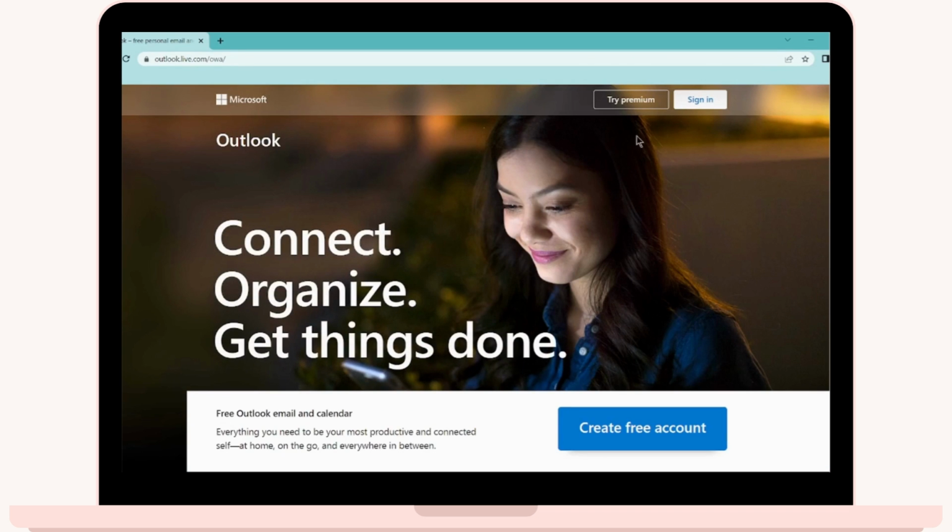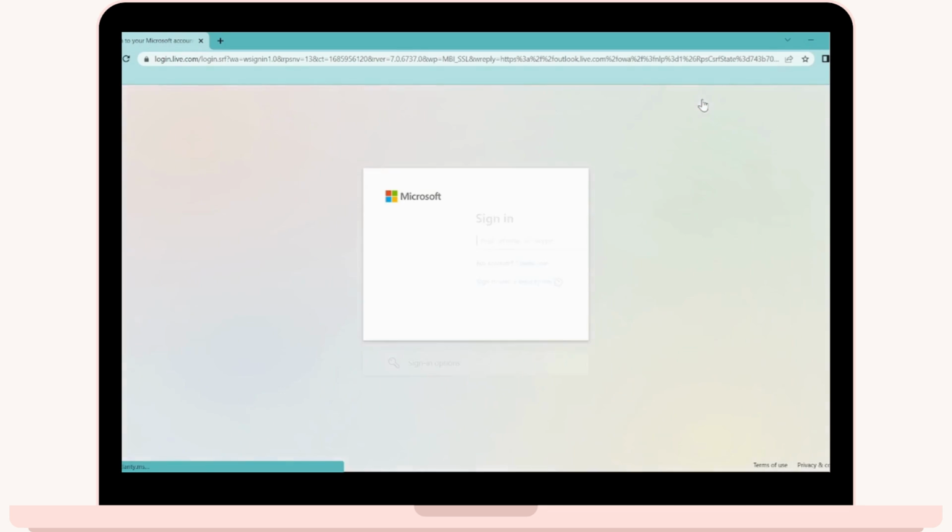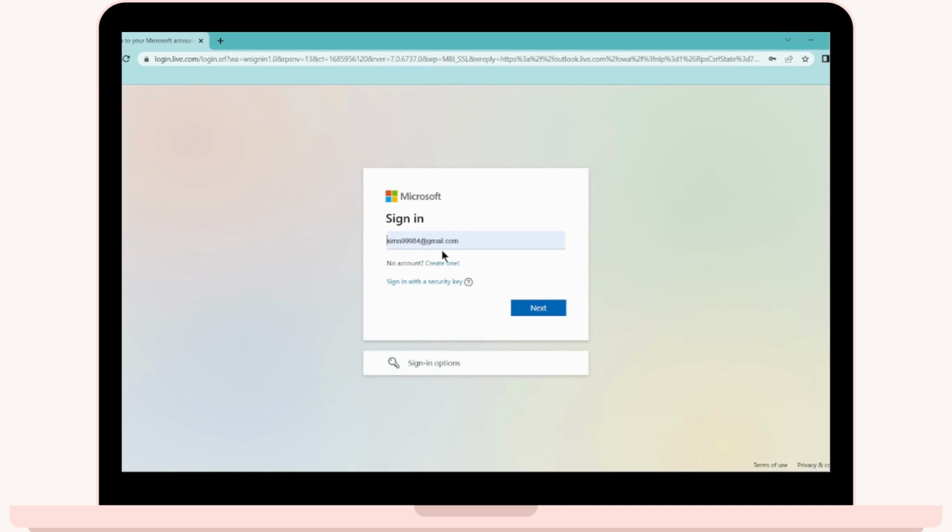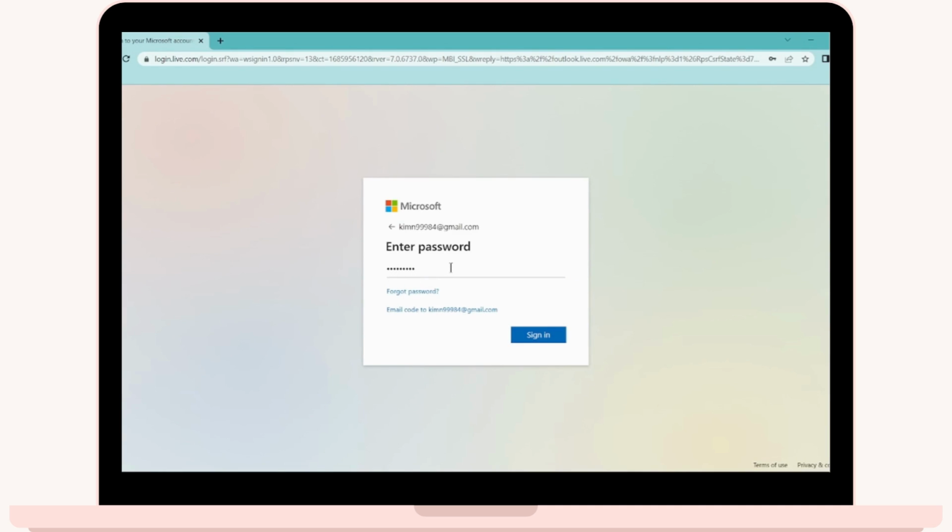So now you have to click on sign in, which is on the upper right corner, and now you have to enter your mail, and after entering that click on next. And now you have to enter your password. But if you forgot your password, or if you want to recover your Hotmail account, then what you have to do is click on forgot password,